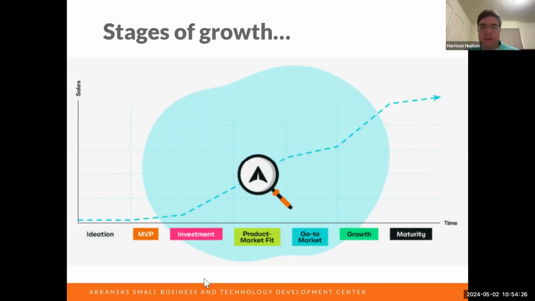Yeah, so this is just a visualization of some of the stages of growth that a startup can expect to go through. I think one interesting takeaway from this is, if you notice the big magnifying glass there, that's really around your launching point, right? It's just the launch of your product. This is your launch as a startup. So there's a lot that goes into that launch before you actually go to market, grow as a company, and eventually mature out of that startup status.